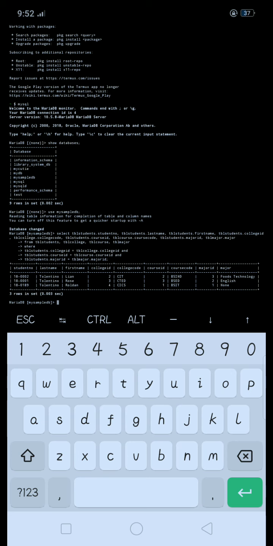Okay, so there is also another way to shorten our statements, and that is to select specific columns with table alias. So instead of TBL students, TBL college, TBL course, and TBL major, let's use one letter only as its table alias. So S for TBL students, C for TBL college, R for TBL course, and then M for TBL major. Okay, so select